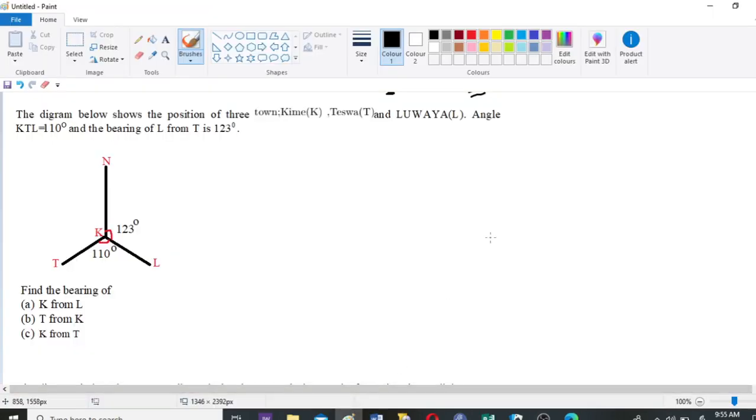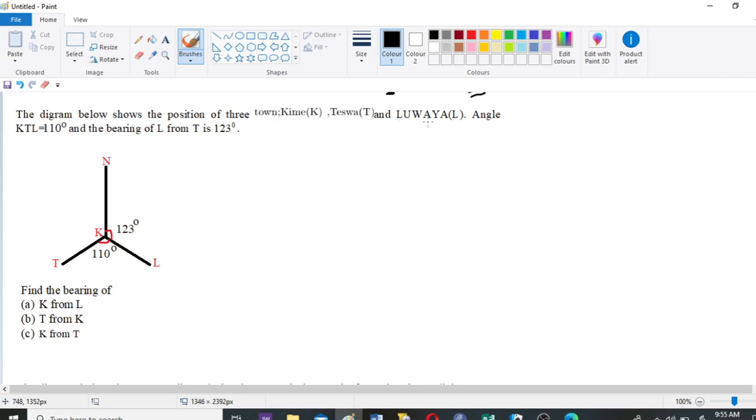We now solve the last two questions on bearings. The first one says the diagram below shows the position of three towns,